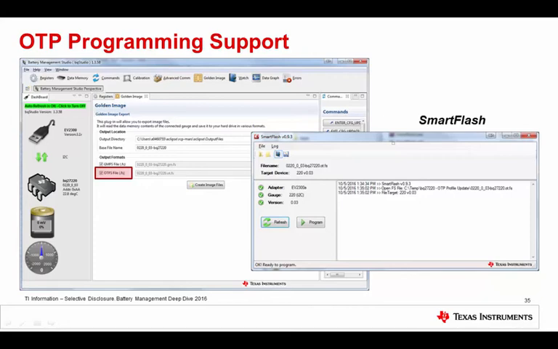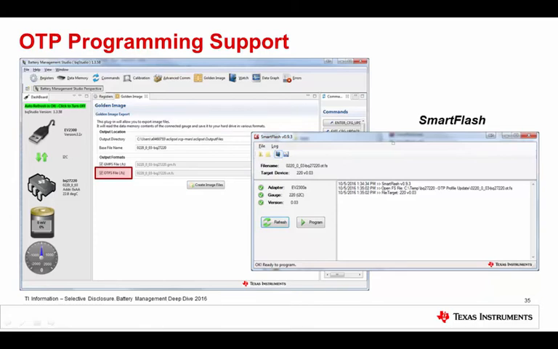What's different about programming OTP, the OTP gauges generally are ROM-based. So you're not programming firmware, but you're programming the configuration. You can alter the default configuration. What's significant about programming OTP is in your production environment, you've got to apply a programming voltage for a particular amount of time within a certain tolerance. This tool, of course, documentation can walk you through that. This tool specifically prompts you, okay, now apply the programming voltage, now remove it, and so on.